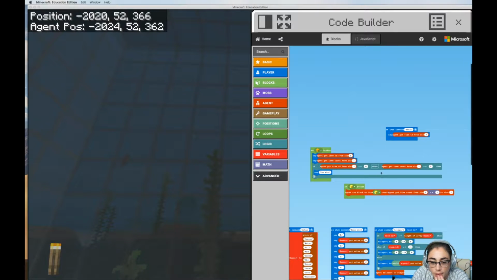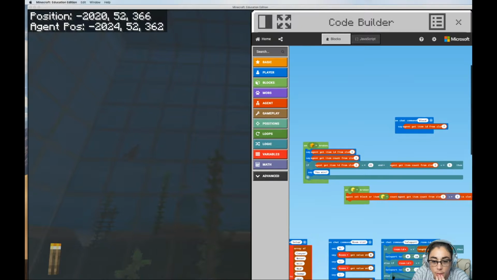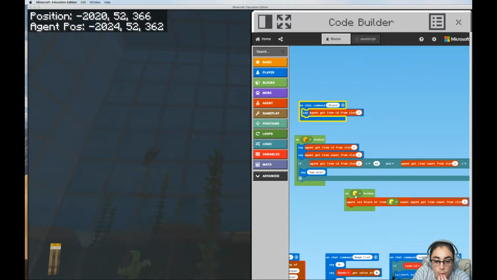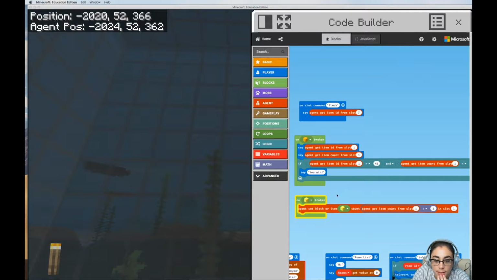So this bit of code right here, which I know is kind of hard to see. This bit of code right here, these 3 blocks, what we were trying to do last time was we were trying to see if we could determine who or your agent would break. Okay, so you would break something and then you would give it to the agent. So basically when a gold block was broken, the agent would say,